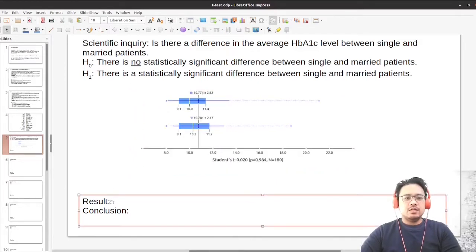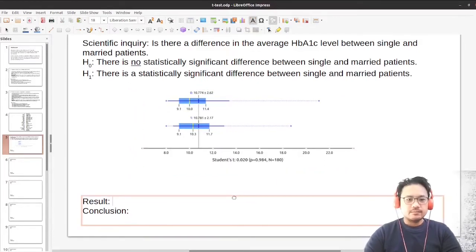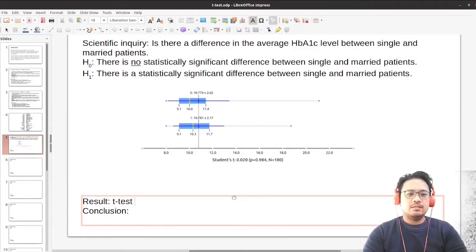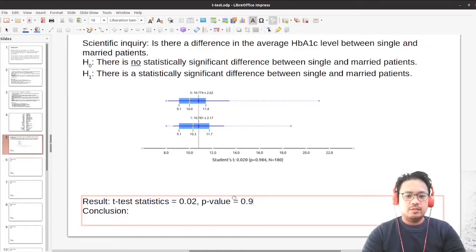So, ang result natin ay t-test statistics is 0.02, p-value is 0.984. Now, assuming